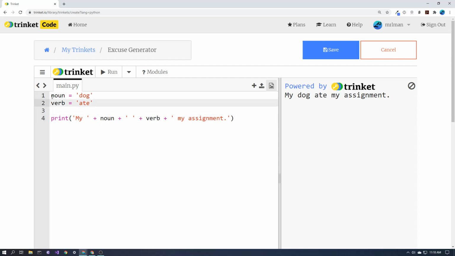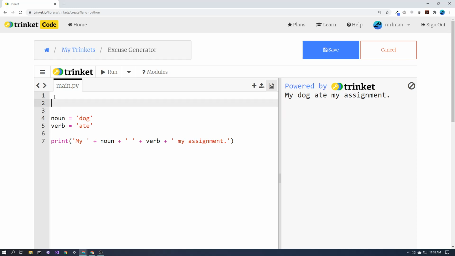Okay, so I'm going to go up to the top of the program here and I'm going to make a list of nouns, and I'm going to put S on the end to show that it's actually a whole lot of them. The way that we make a list of things in Python is we use these square brackets, and inside the square brackets I'm going to put some different nouns. So I will put dog in there, but I'll also put bear, and I'll also put microwave,